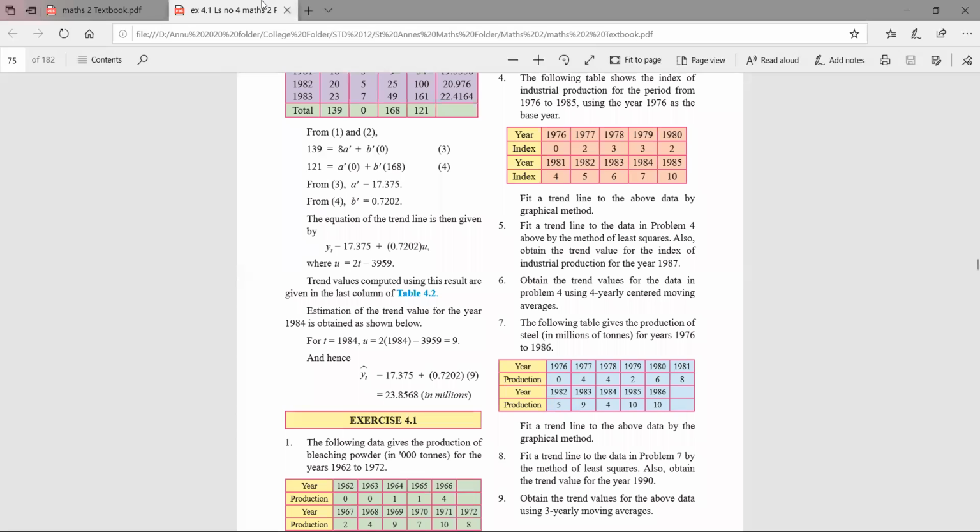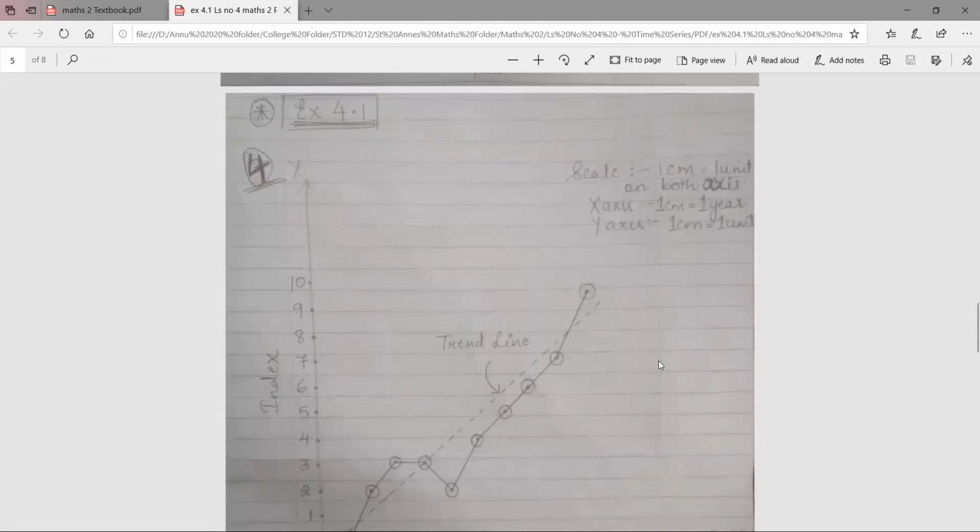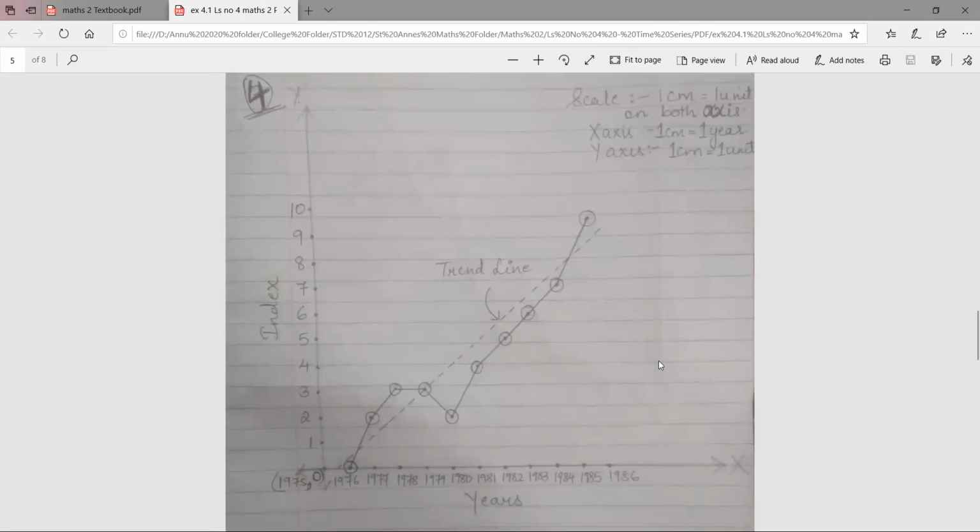So again, the same pattern which I told you class, what are the first three things which you will draw? Both the axis, exact 1 centimeter with the help of the scale, and writing the scale on the top right side. Now this I have drawn directly and I have taken the final picture, but I'll explain you all, no need to worry. So as you can see, scale 1 centimeter is equal to 1 unit on both the axes. You can write like this as well. Or you can specify x axis पे क्या ले रहे हो, y axis पे क्या ले रहे हो. So as you can see, I have taken exact 1 centimeter on x axis and y axis.